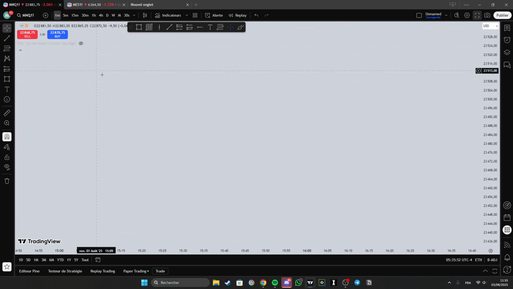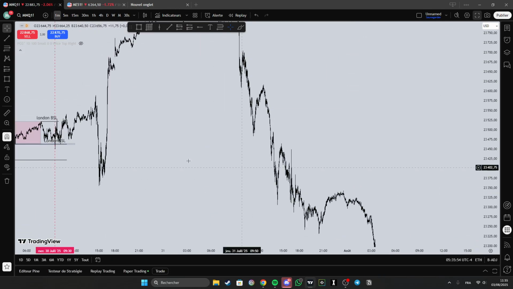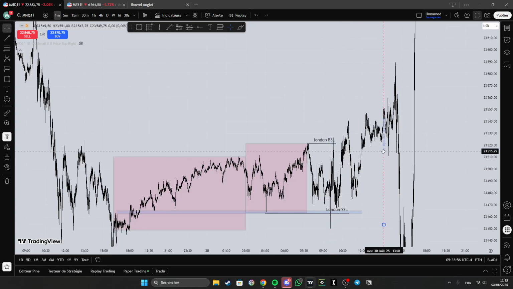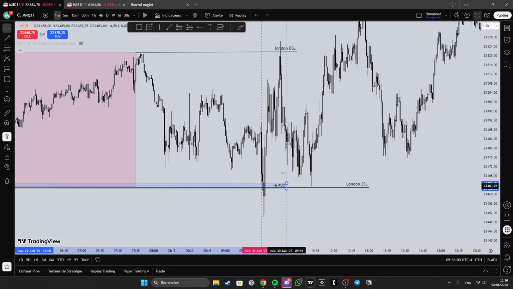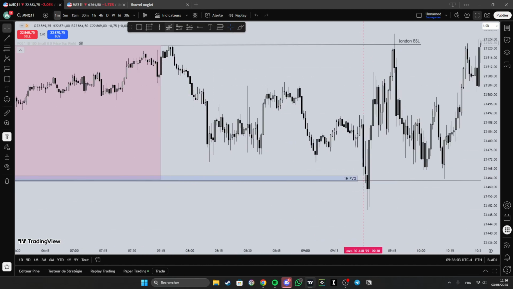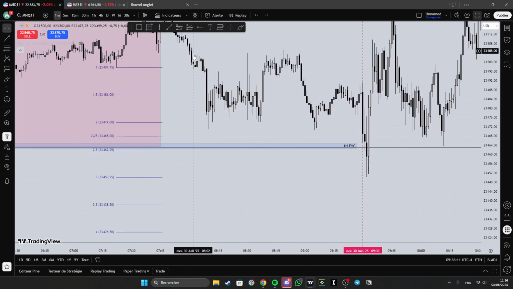Okay. So markets open. We clearly see the manipulation leg here to the downside,